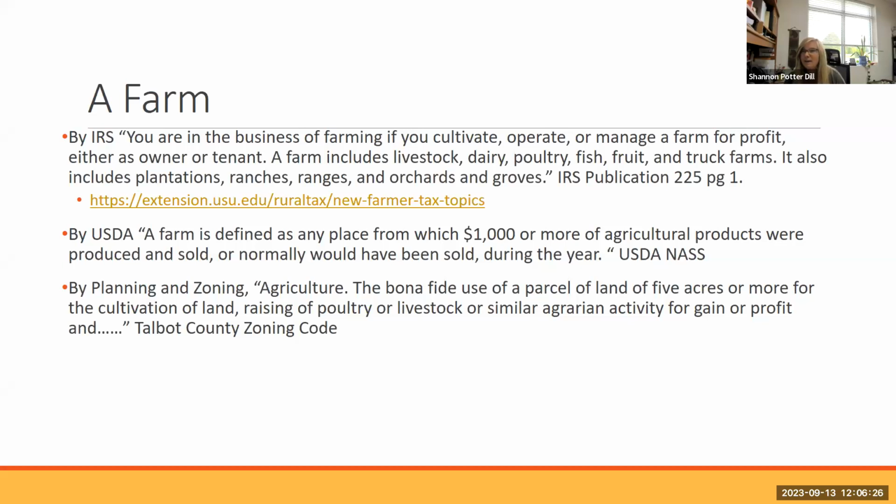As far as Talbot County is concerned, you have agriculture and a farm if you have 5 acres or more in cultivation of land, poultry, livestock, or any agrarian activity. So I think it really is important when you talk about a farm that you understand the definition that they're using. It's very different from the IRS compared to the USDA, compared to possibly zoning codes. And there may be even more than this.